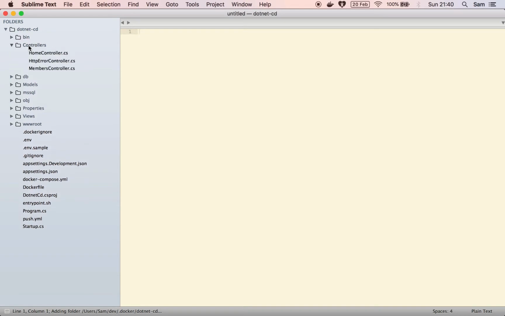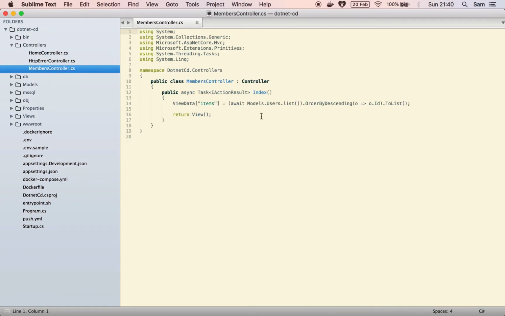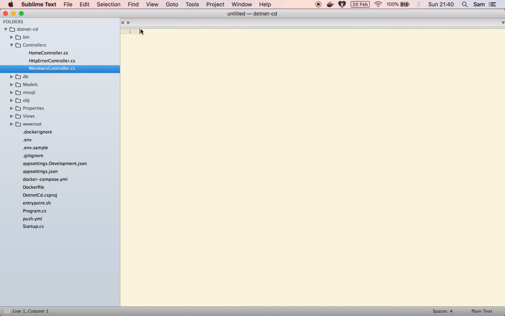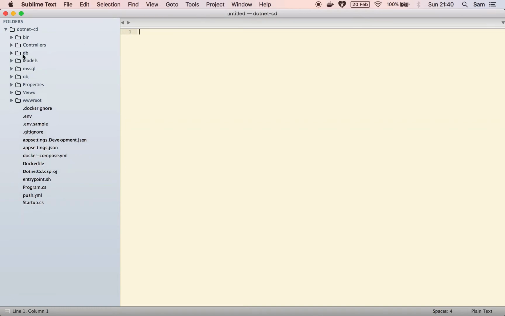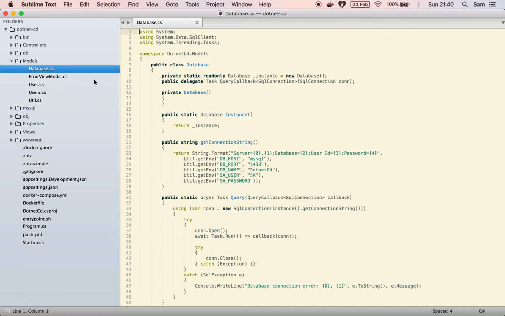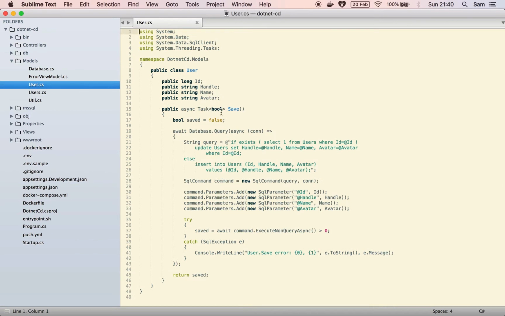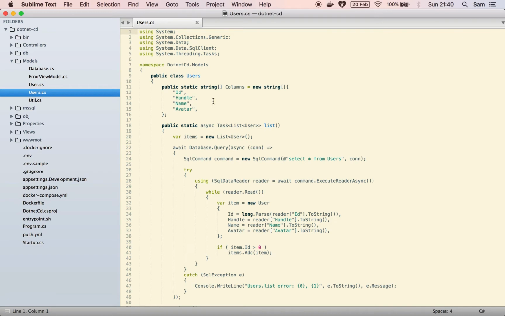It's an MVC setup, so it's got a home page with an index action, and then it's got a members page that's reading members from the database. We'll get to that in a moment. For the models, I've got a database class that basically connects and runs queries for us. The users are basic users that we have here. This save isn't really used, it just stays there. For users, again, it's just listing the users that we have from the database in some